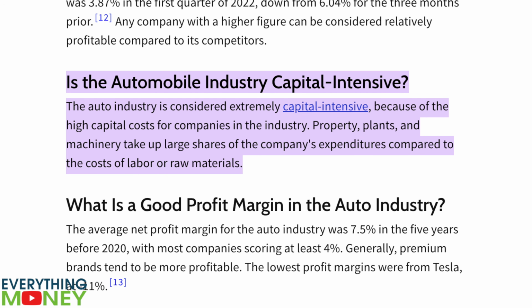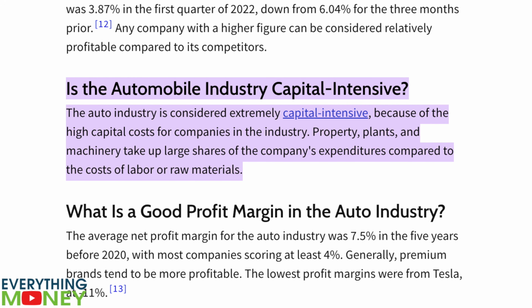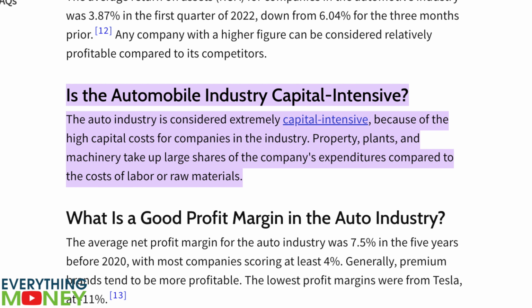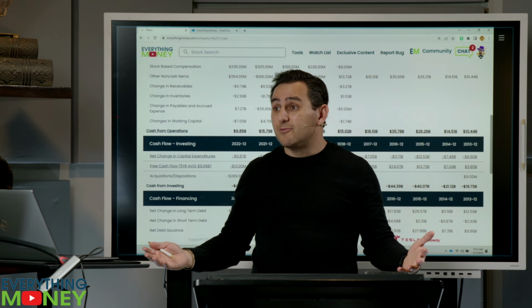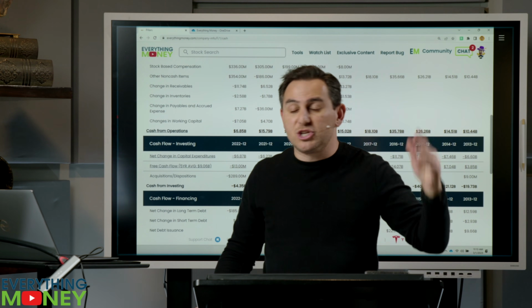And I'm surprised because it's a very capital intensive business. Like the automobile business, they need to be always upgrading factories, putting new factories up, all these things that take a lot of capital. Software businesses don't have that issue, right? They don't have to build a new factory in order to make software. They just hire more engineers.